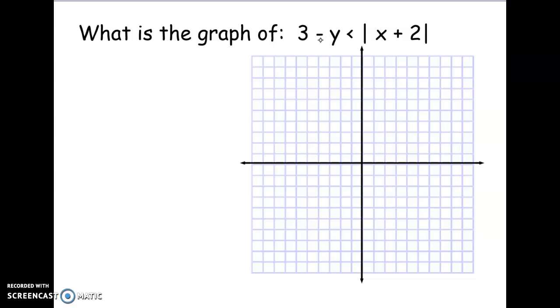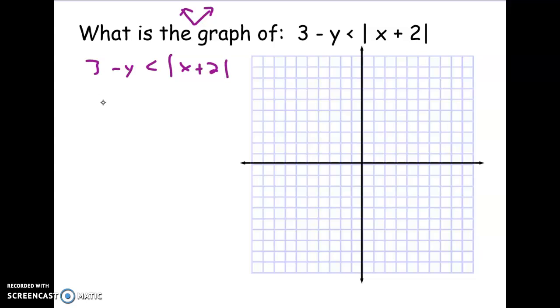All right, I'm back with you. So the first thing I always think is this is going to be a V shape, right? Because it has absolute value, it's going to be a V. And what's different is we have this weird 3 here, right? So before we do anything else, we want to write the equation so that it looks like a regular absolute value where just y is on that side. Okay, so we have to do some algebra steps here